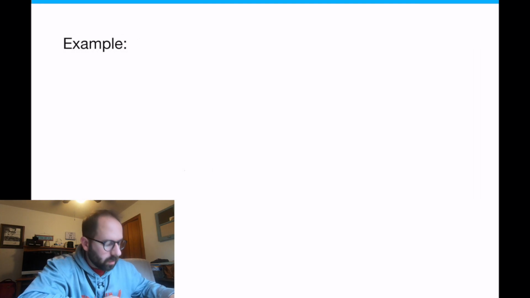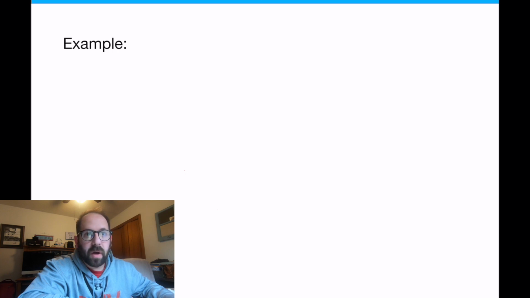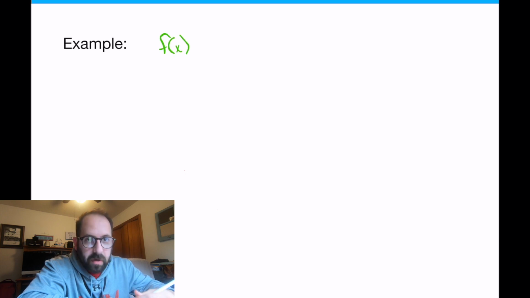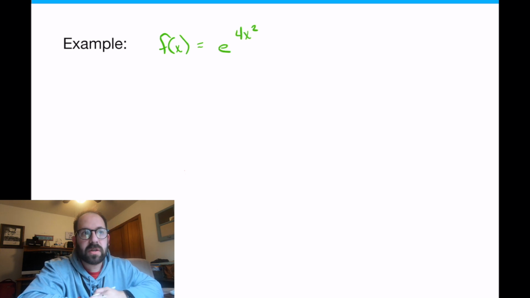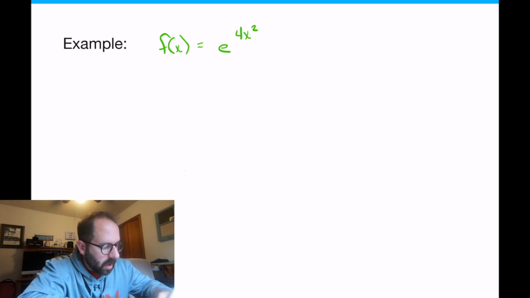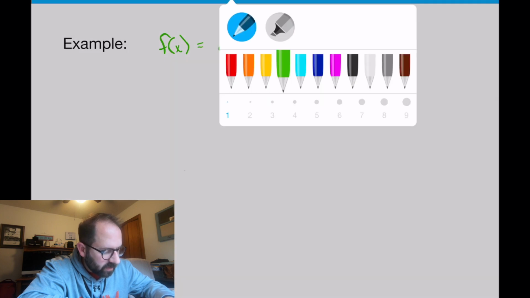Okay, so examples of derivatives. One of the derivatives we talked about yesterday was e to the x. So I'm going to make up something with chain rule in it: e to the 4x squared. The 4x squared is in the power, so this is a chain rule problem. I'm kind of mixing a couple of review questions. So when we take the first derivative of this monster,